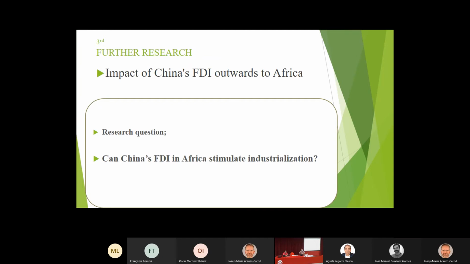France has 14 countries where it invests because they speak French, from the colonial history, and Spain invests in 3 or 4 countries, two of which speak Spanish, and America also. We will compare that and conclude on this subject. So the third chapter will be outflow, but the first and second are inflow. It's different.